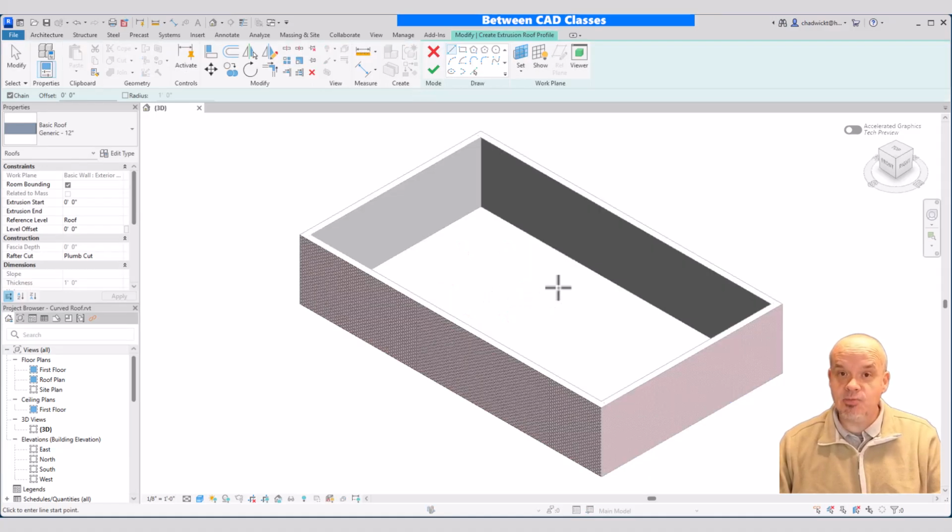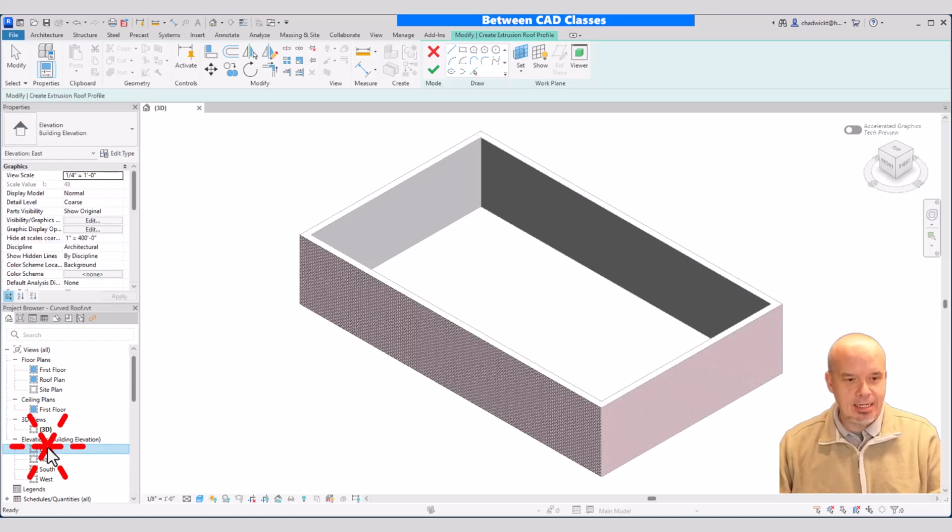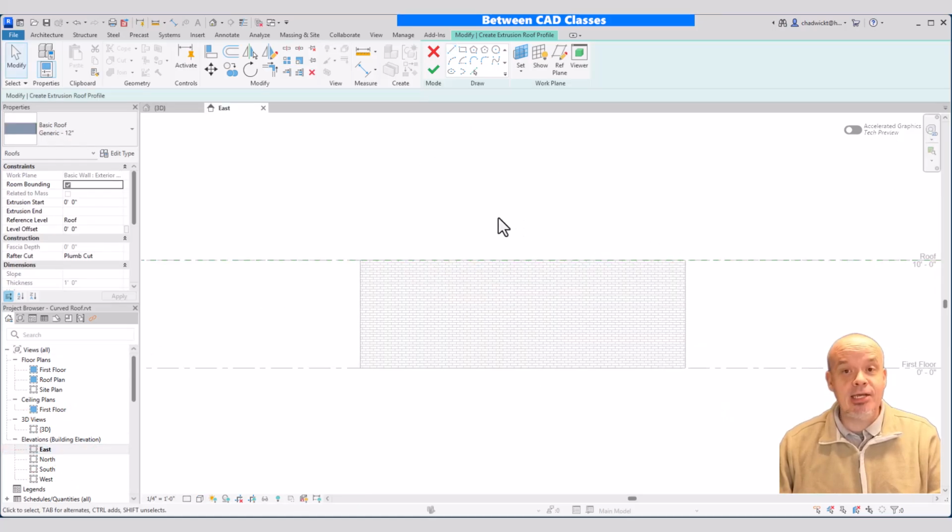I'm now in the sketch mode. I could sketch it in 3D, or I could switch to the right view here on the view cube, but I'm actually going to open up the east elevation view. So I'll come to my project browser and double click on east, and then here's where I'm going to sketch